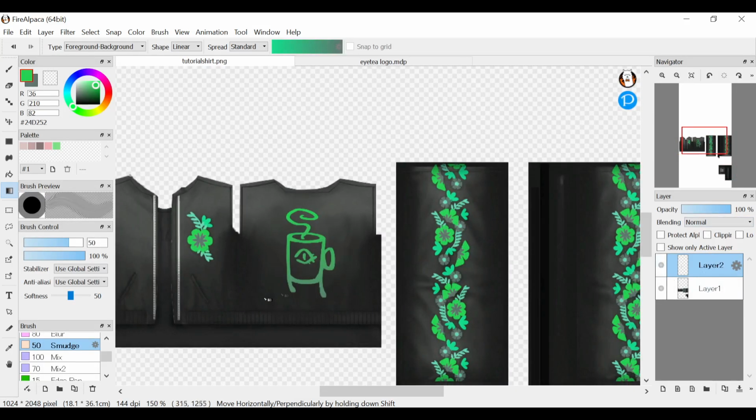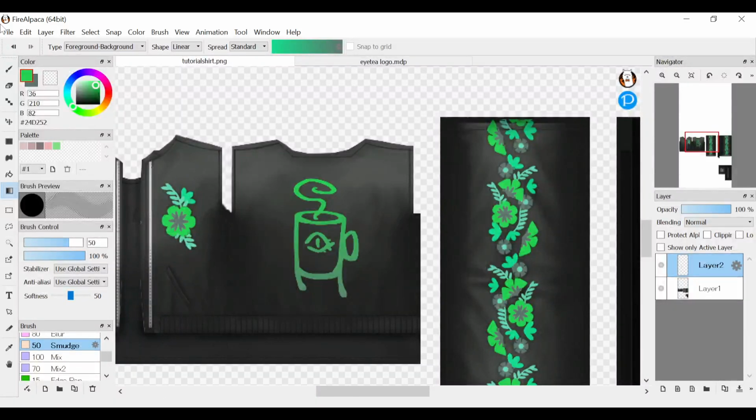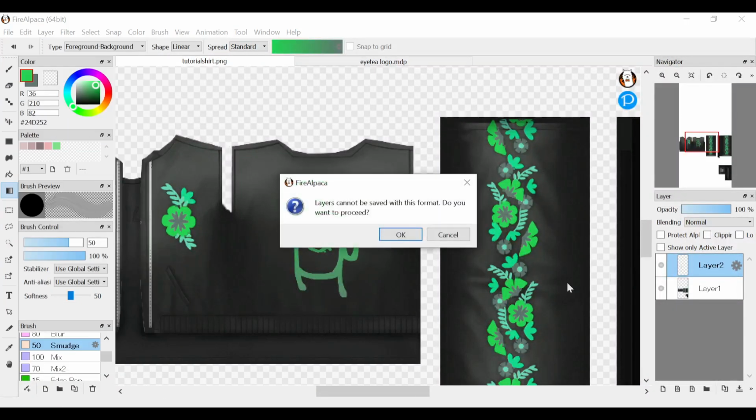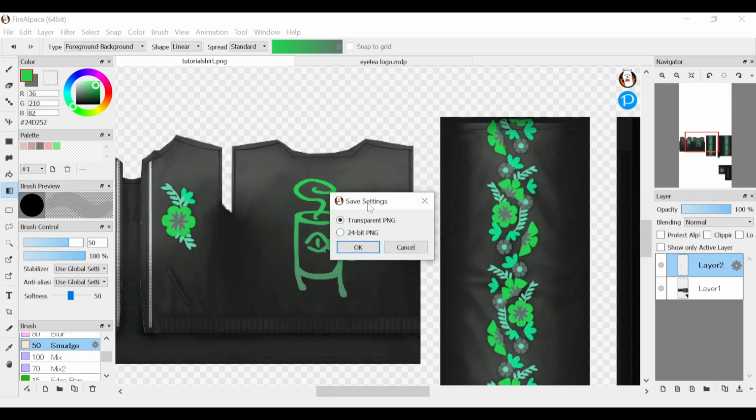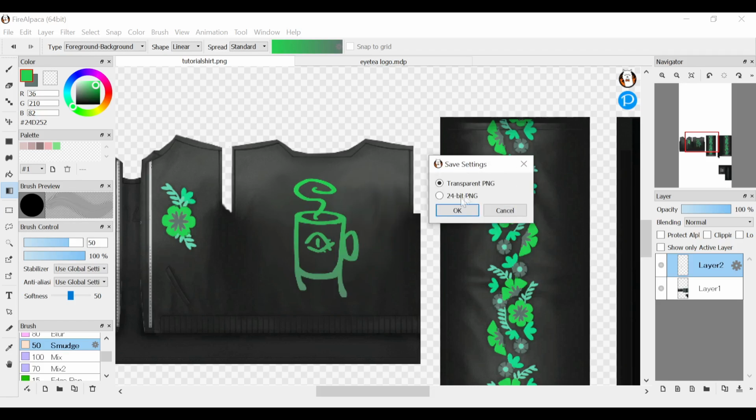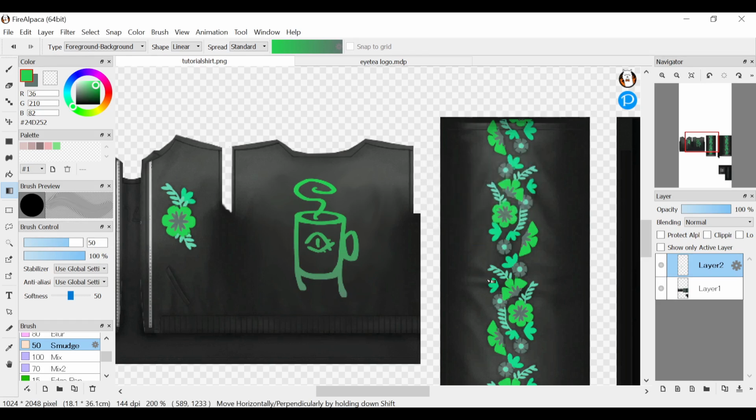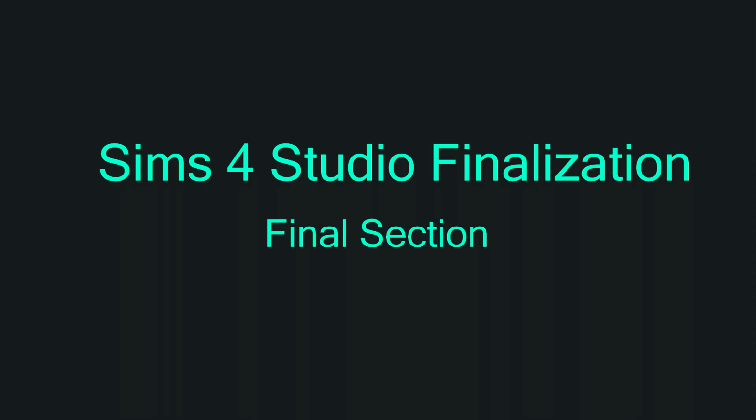What I'm going to do now is go up to File, Save. And it says layers cannot be saved with this format. Do you want to proceed? Yes, we do. And it's going to ask you again, do you want a transparent PNG or a 24-bit PNG? It is best practice to save them as transparent PNGs. 24-bit PNGs will work. That just means that it will not save the transparent background. It will save it as a white background. Now that that PNG file is saved, we are finished with editing our texture map,